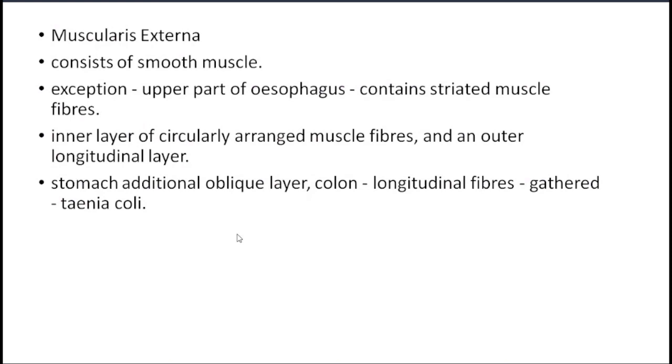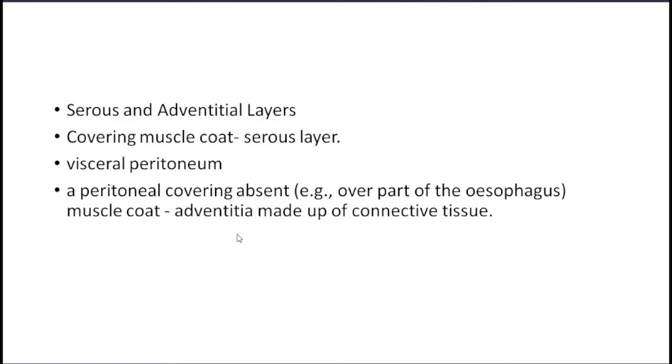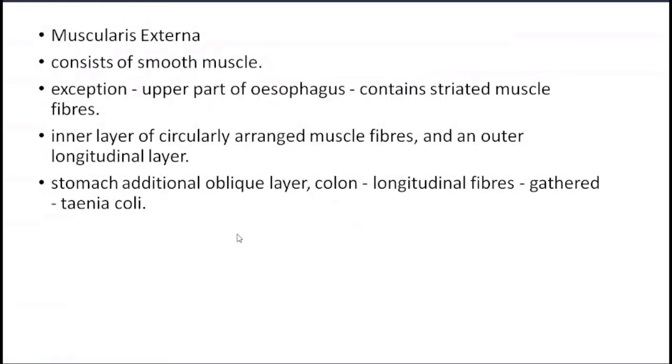So these are some modifications of the muscularis externa, or you can say the exceptions in some parts of the muscularis externa. Now coming to the fourth layer, that is the serosa, or you can say the adventitial layer. Then one part I have forgotten, that in the muscularis externa there is also localized thickening of the circular layer. यानी कुछ एरिया में सर्कुलर जो लेयर रहेगा, इनर सर्कुलर जो लेयर रहेगा, उसका थिकनिंग मिलेगा इन द फॉर्म ऑफ दी स्पिंक्टर्स.